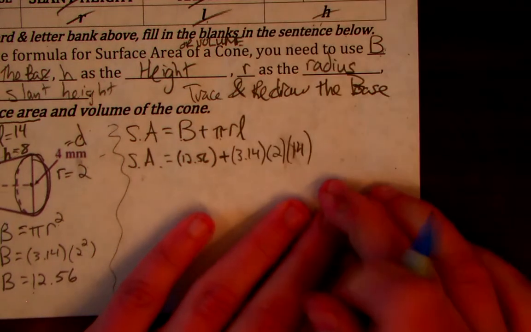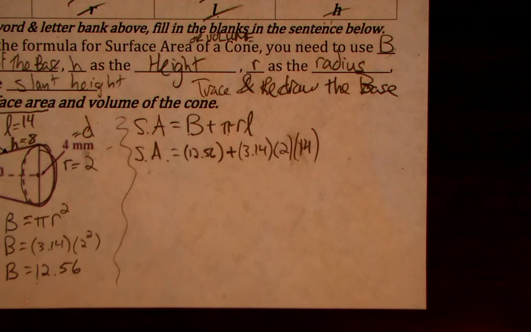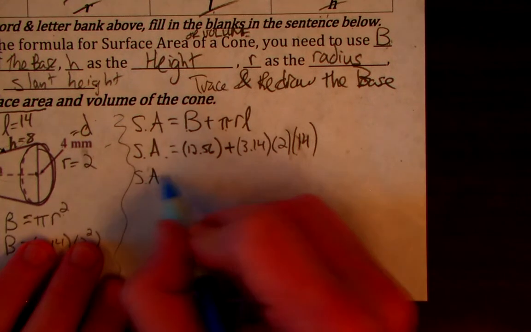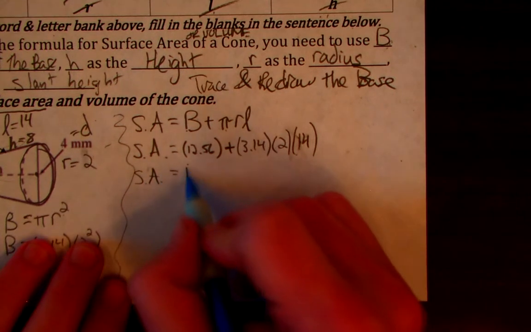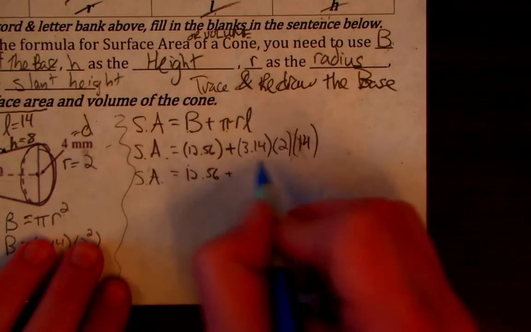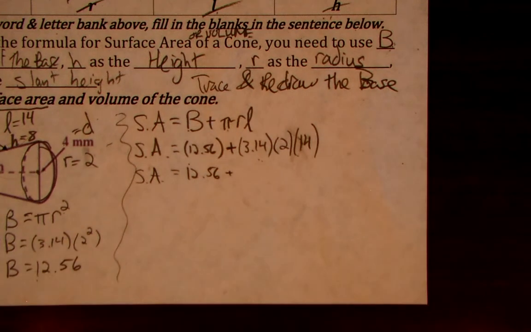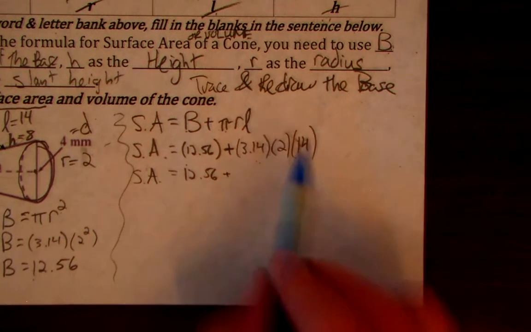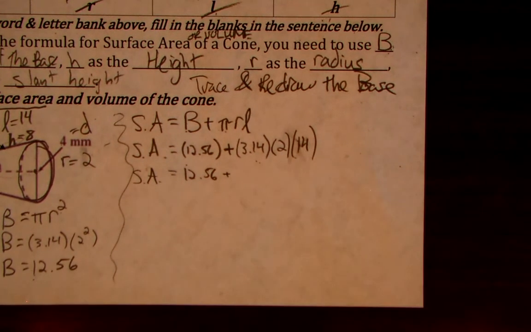Again, simplifying carefully, I have the following. I'm going to have 12.56, that's going to stay the same because we want to be able to multiply first. So we have 12.56, and then we want to multiply these together. So we have 2 times 14 is 28. 28 times 3.14 is equal to